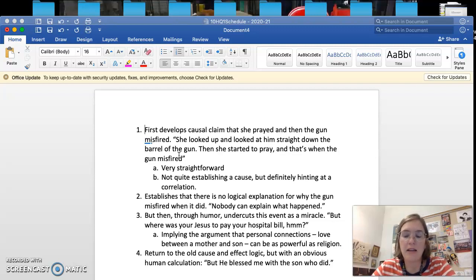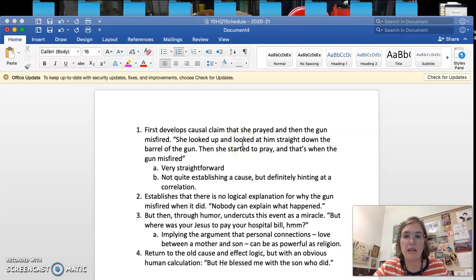So again, I'm looking at this question of why people need religion in South Africa, according to Trevor Noah, of course, and what he thinks about his mom's Christianity. I've just broken down here how he has developed the argument on the last page. The first thing he does is develop a causal claim. And again, remember, I want you to think about which kind of claim he is using in the passage that you decide to analyze.